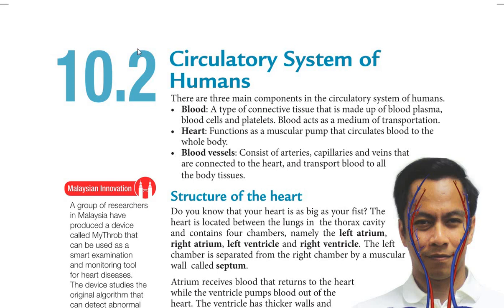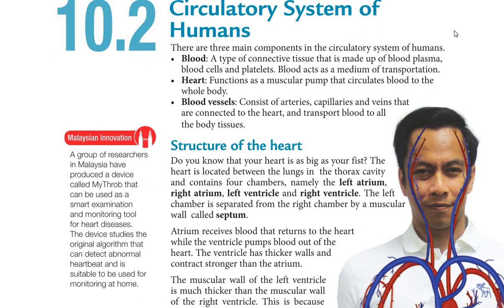10.2, circulatory system of humans. Before this, we have learned that our human circulatory system is actually a double circulatory system, double, right? And also a closed circulatory system. So in this topic, we are going to learn more about the three main components in the circulatory system